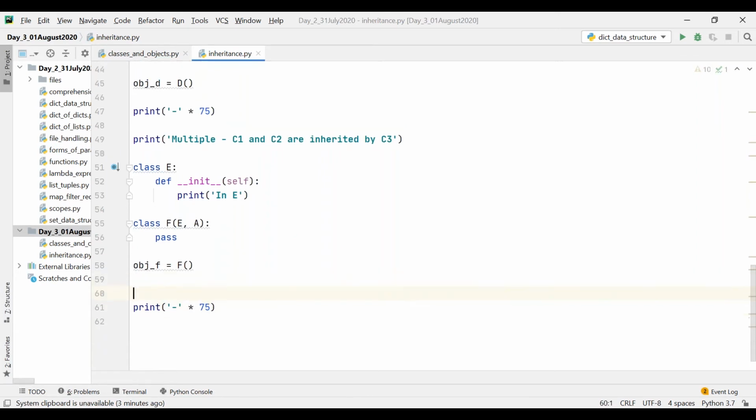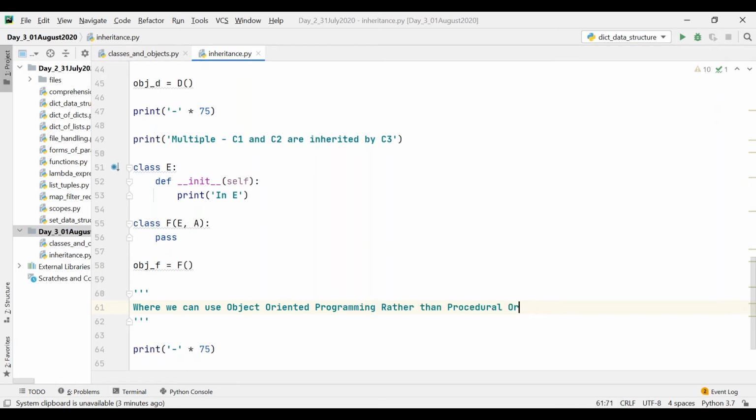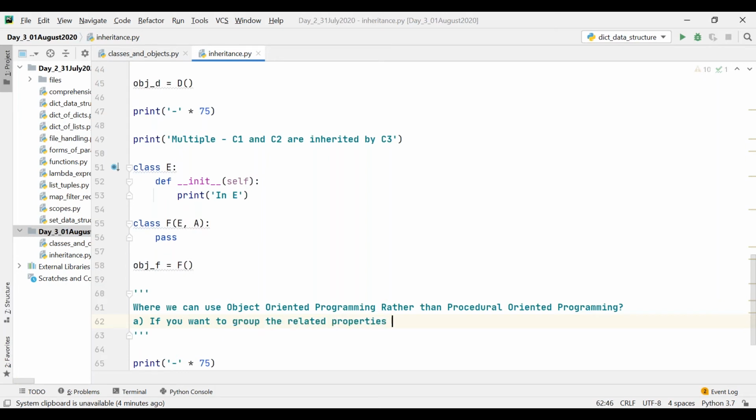That is where we can use object-oriented programming rather than procedural-oriented programming. The first reason is wherever you want to group the related properties and methods, related variables and methods.